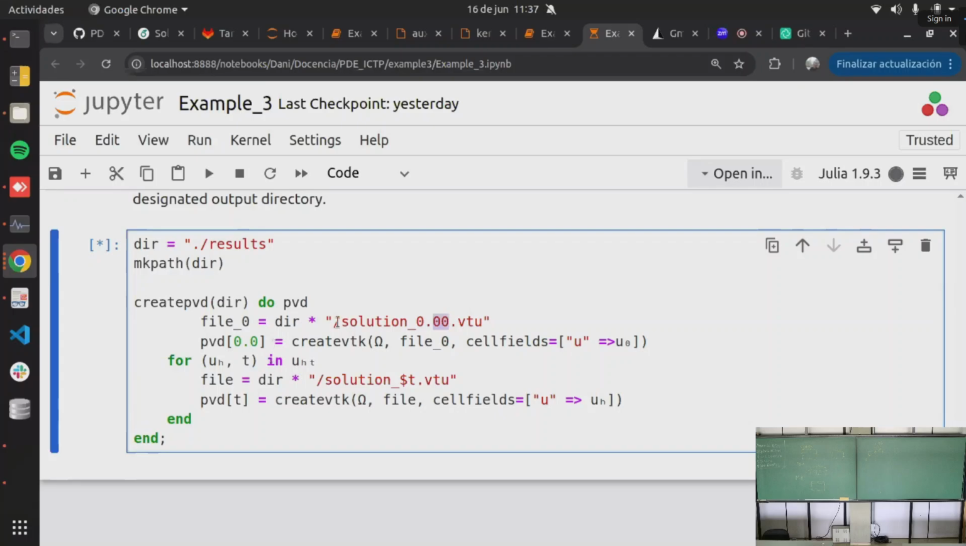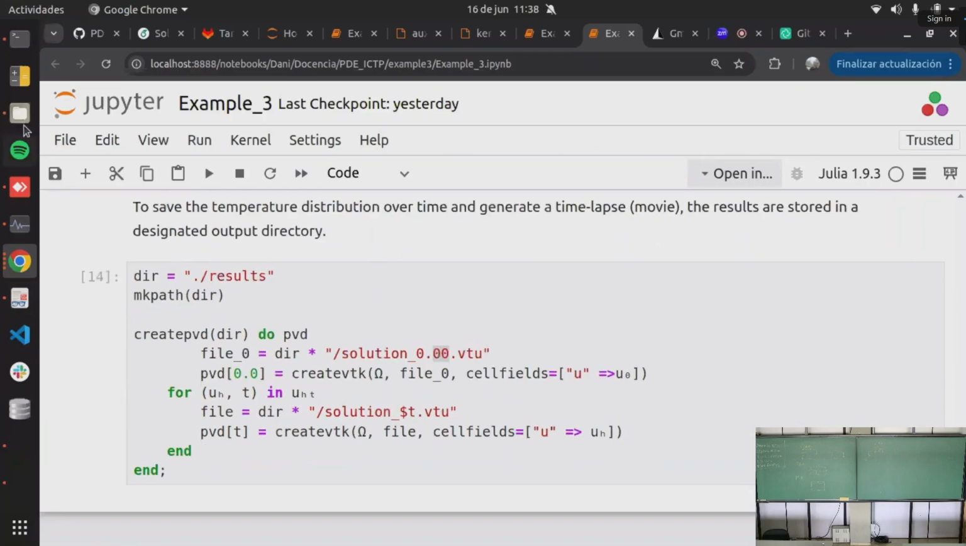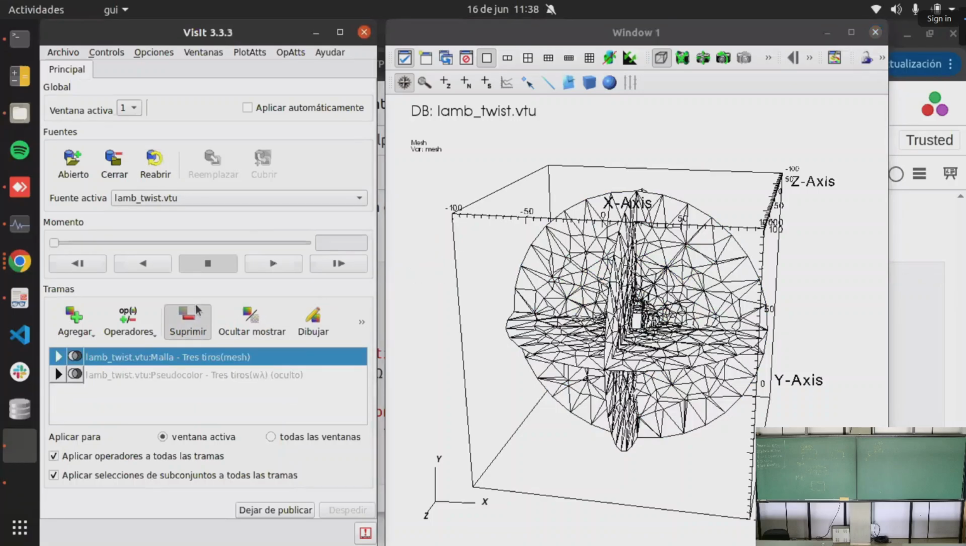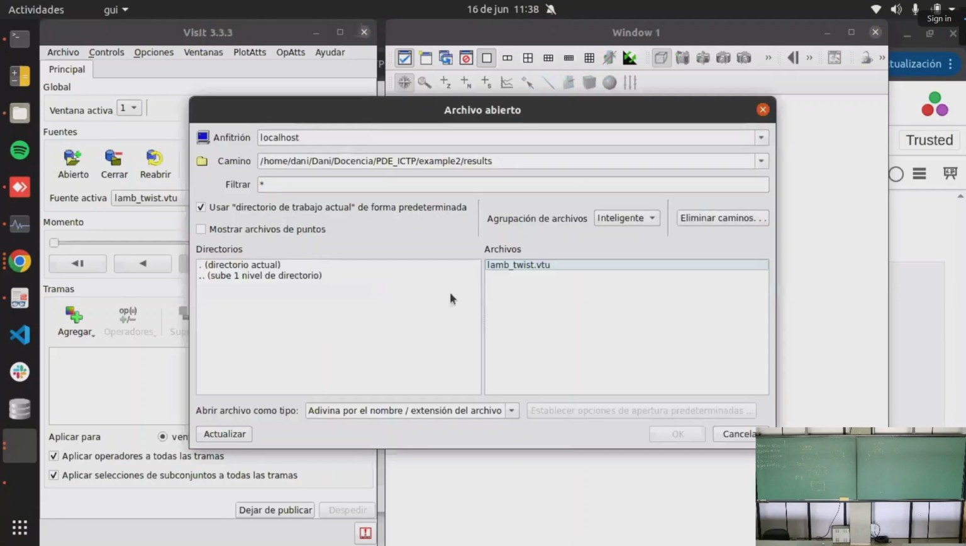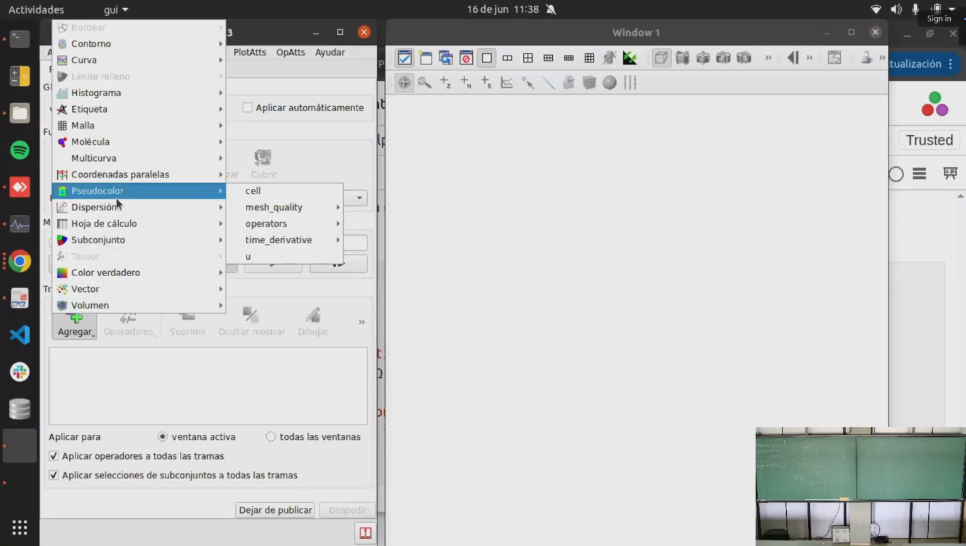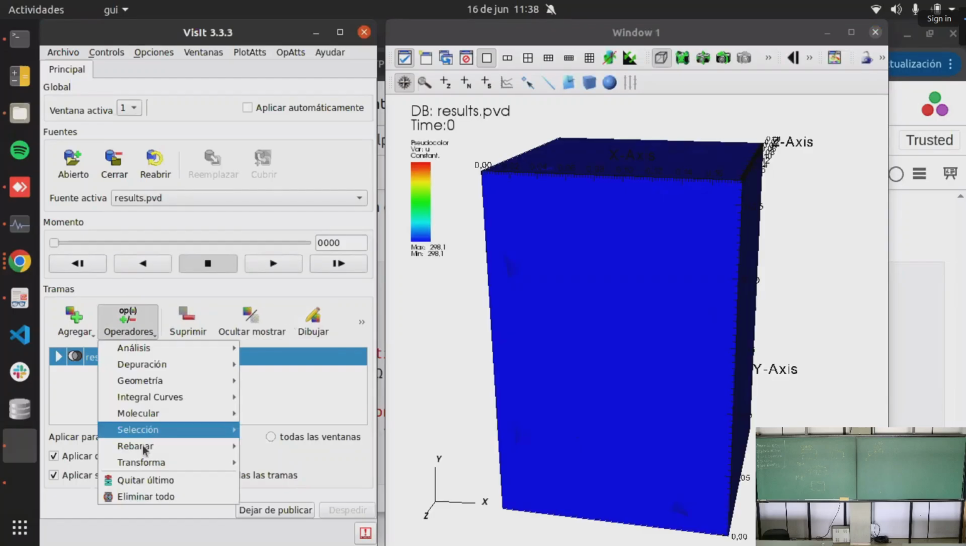We are writing a VTU for each time step, so it will take time. Now this PVD has all the information of each VTU, so we can show, we can see,